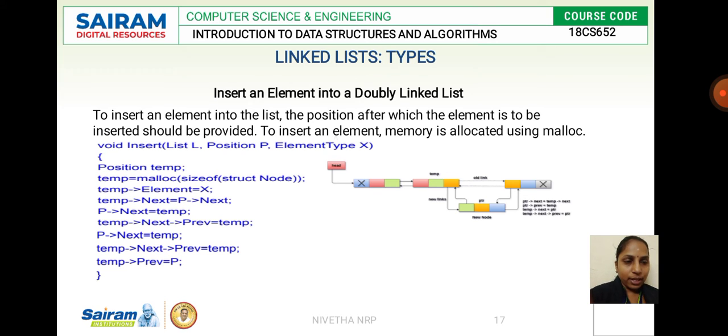Insert is a function, and we are going to insert in a list L and position the place where the element has to be inserted. We specify the position, and the data element will be specified in X. Okay, first, to insert an element, as usual, we have to create a node, we have to allocate a memory for it, then we have to